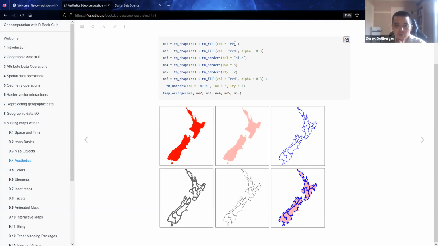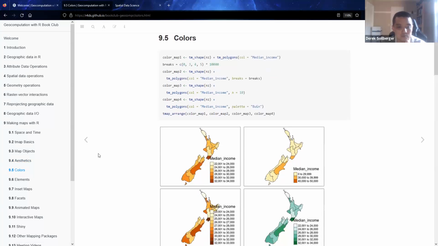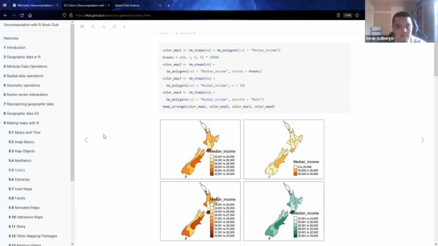In addition to how we could explicitly tell the system what colors we want by name, when we deal with displays, we probably want to use a variety of colors. So let's think about how we could do that. As you can see on the graphs below, we have the data about median income, but maybe different ways to display that. In the first graph,